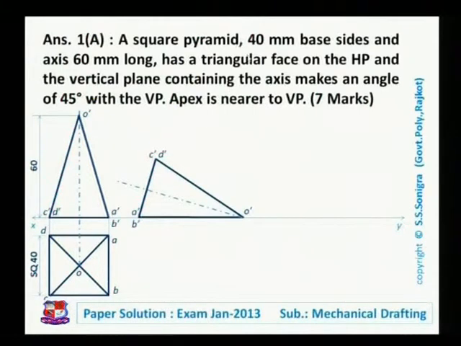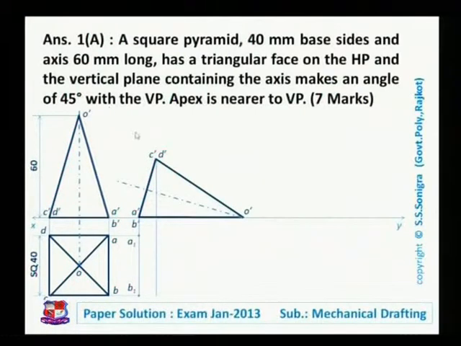Now after drawing these two views, how to draw its top view? We have drawn front view and top view over here in the first step. Now we have drawn front view in the second step. How to draw the top view in the second step over here? So for that, draw projection lines from each point, A dash and B dash, vertical line from A dash and horizontal line from point A, and horizontal line from point B. These two lines cut at one point, that is point A1, and horizontal line from point B will cut this vertical line from point B dash at point B1.